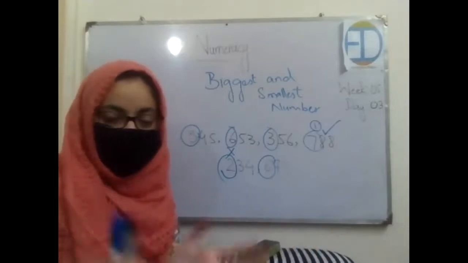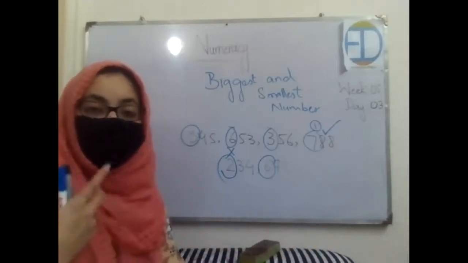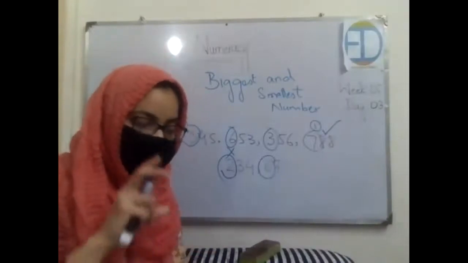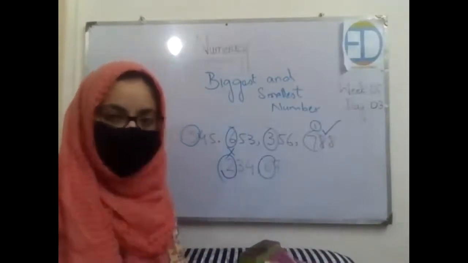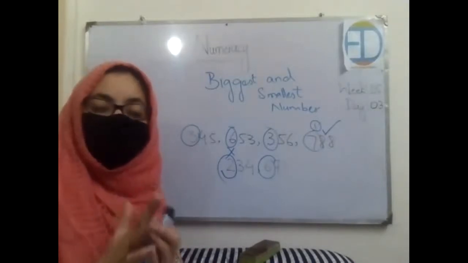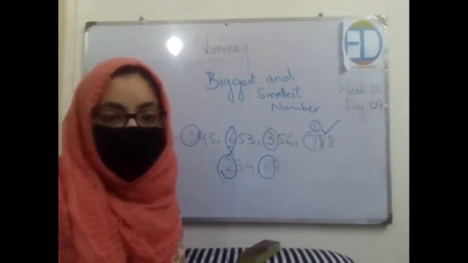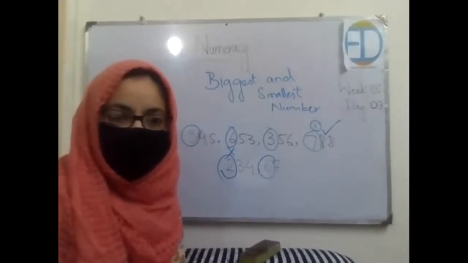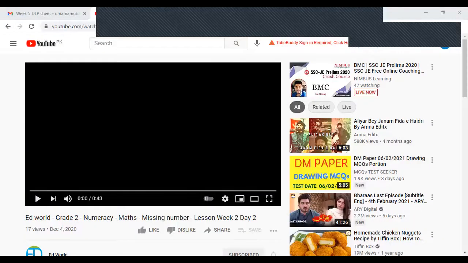Now the next question that we will be doing is we are supposed to write the missing number. There is this square in which the numbers are written for you in a random order, and you are supposed to fill the blanks. You already know counting, we have already practiced it. So let me first show you a small video related to that, and then we will do this together. Show me a thumbs up if it is visible to you. Okay, good.